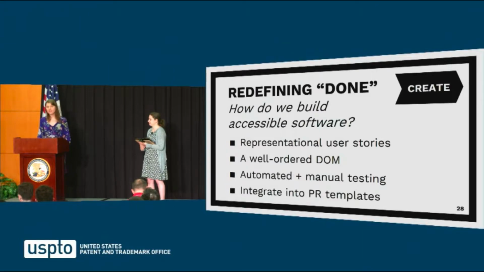So your definition of done for each development task should encompass accessibility concerns. After all, if we built a UI feature and it just didn't work on mobile, would we consider it done? And if not, why would we consider the same feature done if it was totally inaccessible to a screen reader or potentially to someone using voice commands? So if our planning processes are centered around user stories and our tasks are based on those user stories as well, let's make sure that we're integrating the stories of all users, including those with disabilities.